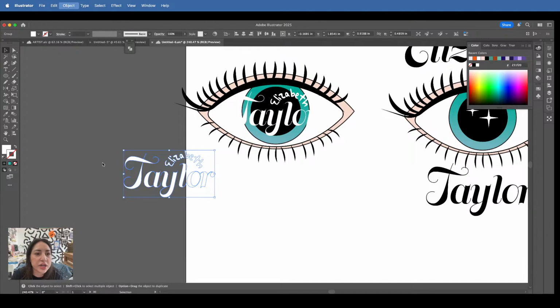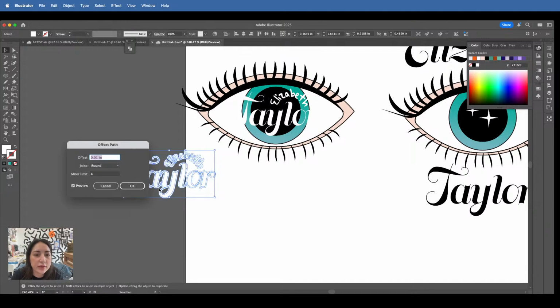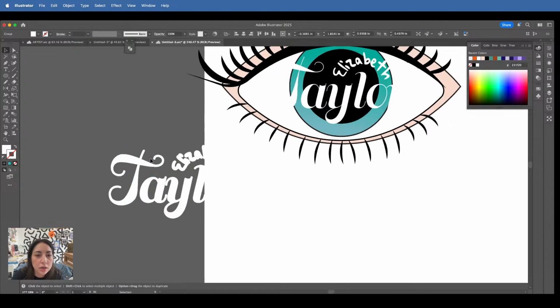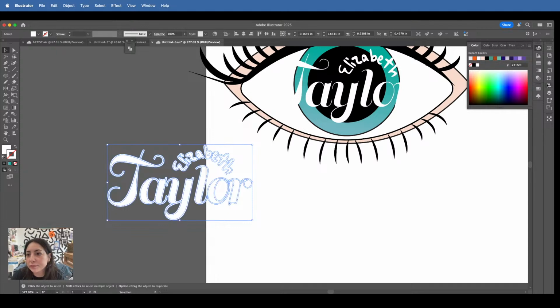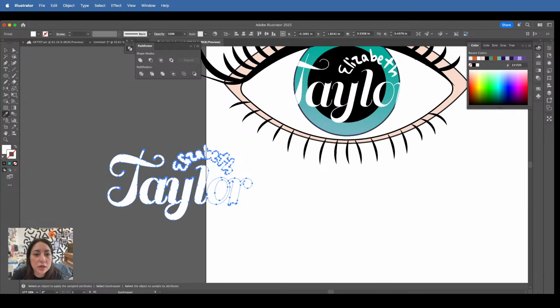We'll do object, path, offset path, and we'll do like 0.009. Ugh, no, 0.006. Keep it super thin. Where's Pathfinder? I'm always losing it. Let's do this color.